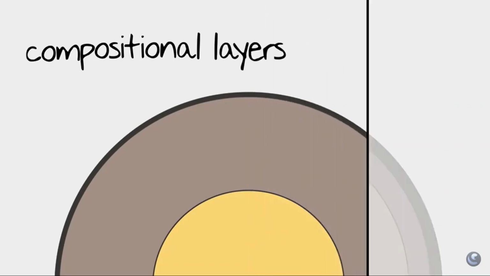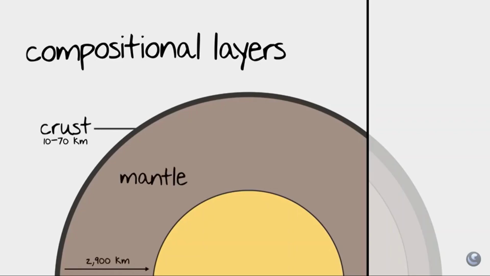There are three primary compositional layers to the Earth's surface, and these are probably the ones you're most familiar with: the crust, the mantle, and the core. It's important to understand that the compositional layers refer to the materials or elements the Earth is made of. However, if we take a look at how the inside of the Earth behaves, we can divide them even further